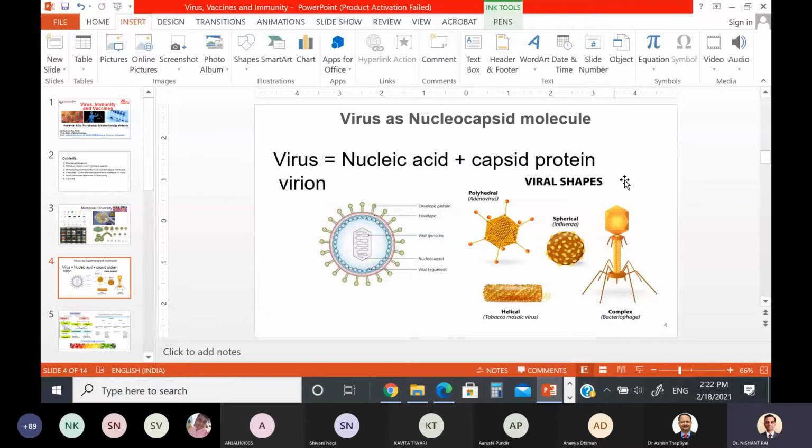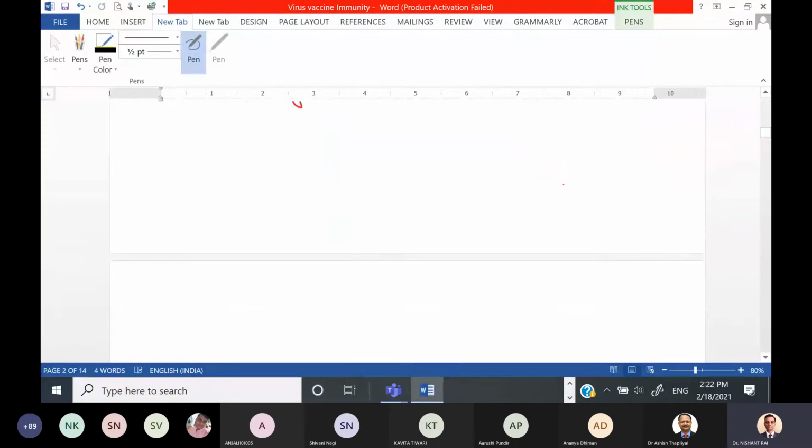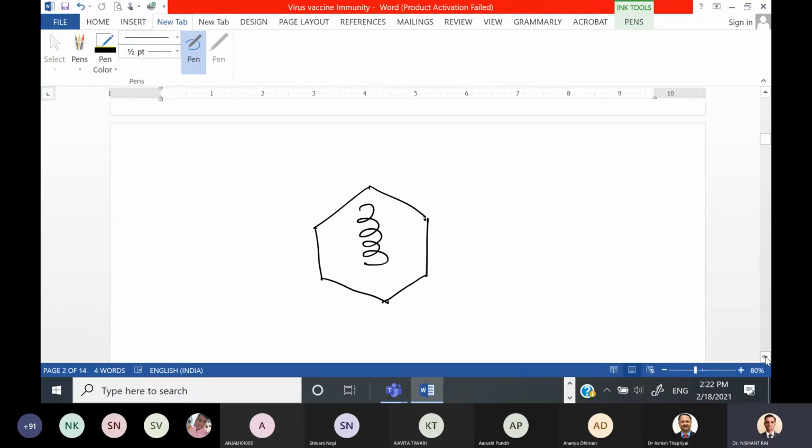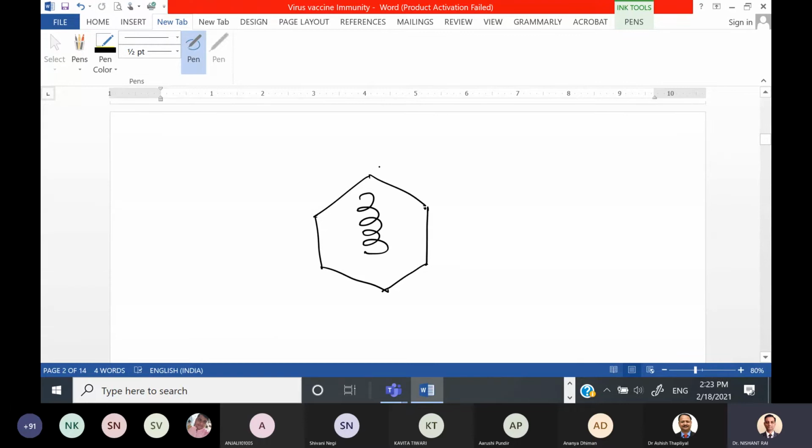So if I want to draw a simple picture of a virus, I will say this virus is a nucleocapsid molecule, the nucleic acid covered by a capsid molecule. That's it. But some viruses have an extra layer outside the capsid protein. We call it an envelope, and we call these enveloped viruses. And this envelope